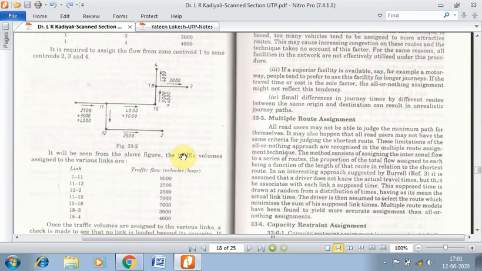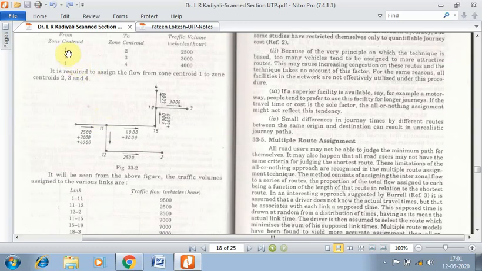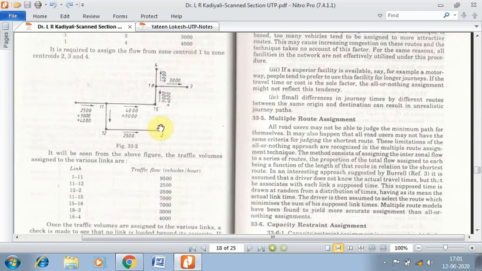So how do we start here? When you are considering the travel from zone centroid 1, there would be 2500 plus 3000 plus 4000 vehicles. So summed up together it would be 9500 vehicles. So there would be 9500 vehicles moving from zone centroid 1 to zone centroid 11. And thereafter you need to remember that from zone centroid 1 to zone centroid 2 there are only 2500 vehicles per hour which are expected to reach zone centroid 2.